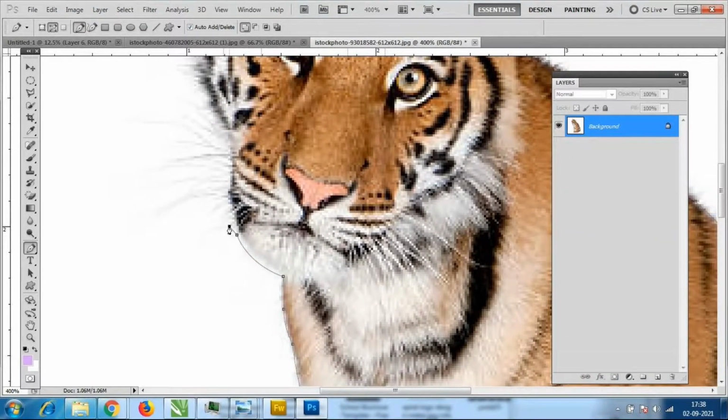See, these are small things, you just roughly have to make this arrangement. Mustaches, this is the thing. Just click on this point, click on this point.